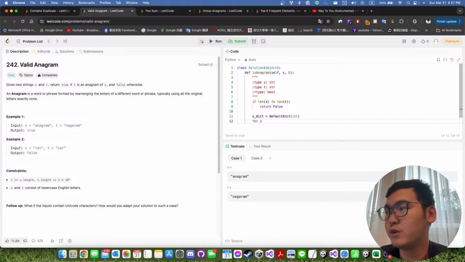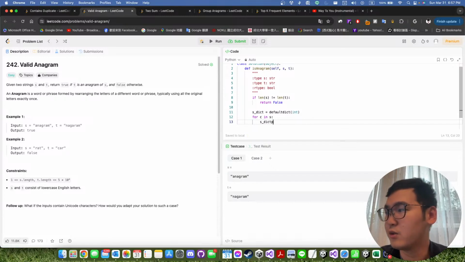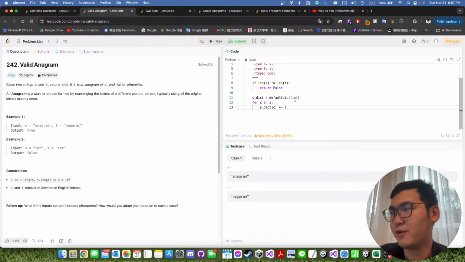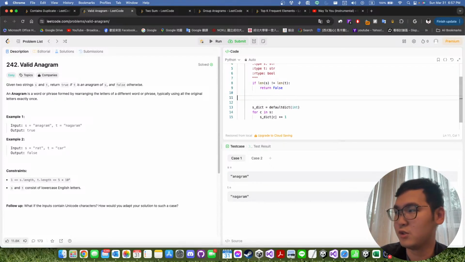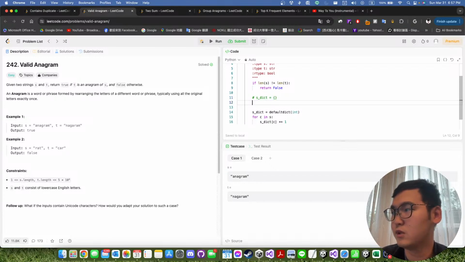So we just iterate for each character in S. The reason why you'd like to use the default dict is because you can just add to it, you can just do it like this. I think it's better, because if you want to use the traditional dictionary, let's say sdict is equal to like this, then for the loop